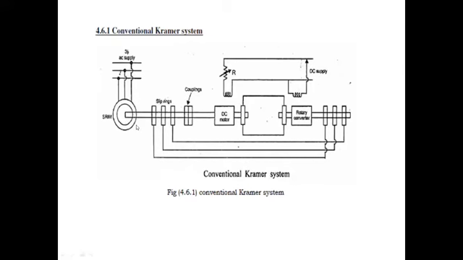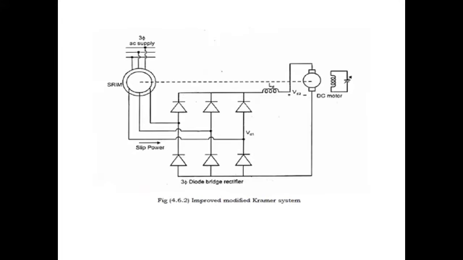A portion of rotor AC power is converted into DC by a diode bridge. The controlled rectifier, working as an inverter, converts it back to AC and feeds it back to the AC source. Power feedback can be controlled by controlling the inverter EMF, which in turn is controlled by controlling the inverter phase angle. The DC link inductor is provided to reduce the ripple in the DC link.